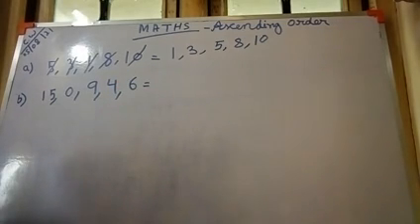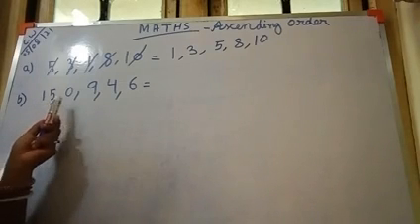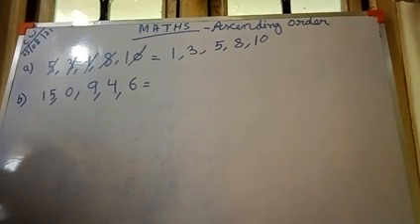See, I have here, what's the number there? The numbers are 1, 5, 15, 0, 9, 4, 6. So we will count the numbers from 0. 0 will always come first. When counting starts, we count from 1, but if you write the 0, 0 will come first. First of all, 0, then 1, 2, 3, 4, and the other numbers.